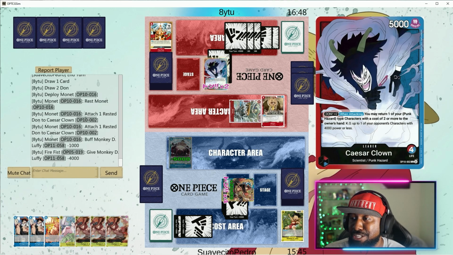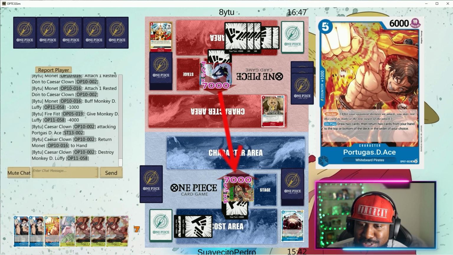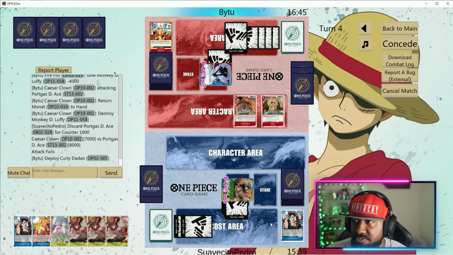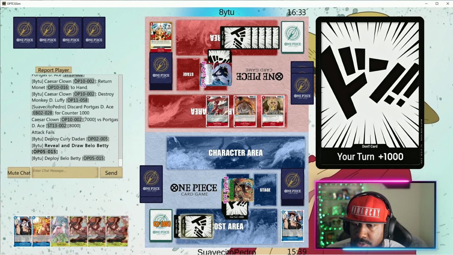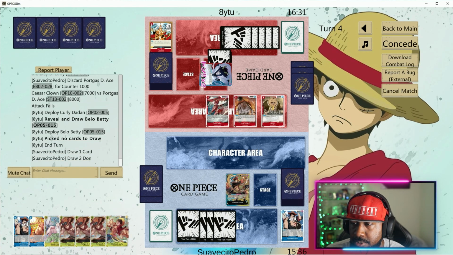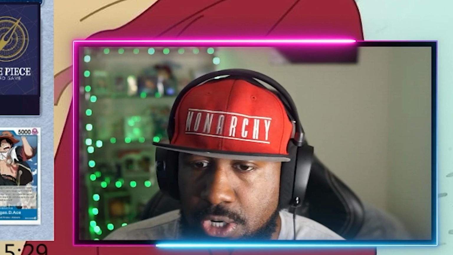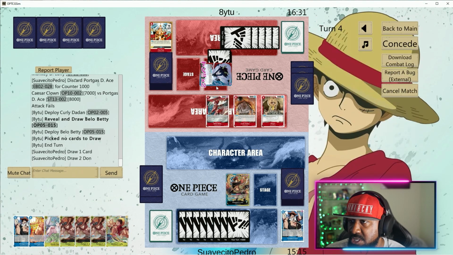Yo, Caesar Clown has a lot of removal, bro. A lot of removal. This is annoying. Let's count on 1. It's very annoying. None of my bodies can stay on board. Alright, so we're going to 8 next turn. Okay. Should we rush or should we go into blocker? The blocker's not going to stay, but we need to draw. If none of them are going to stay anyway, but none of these are Punk Hazard, but he could easily just...